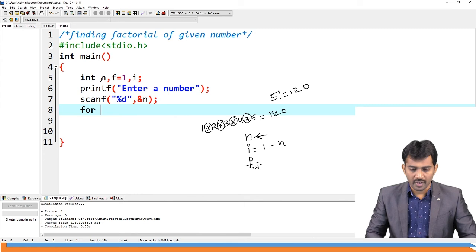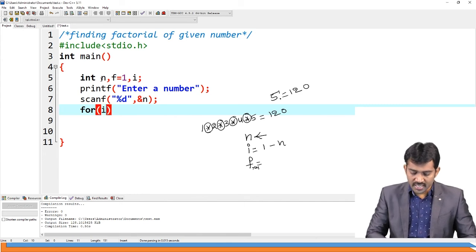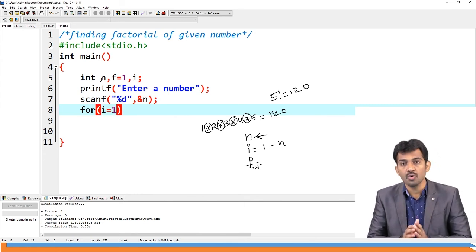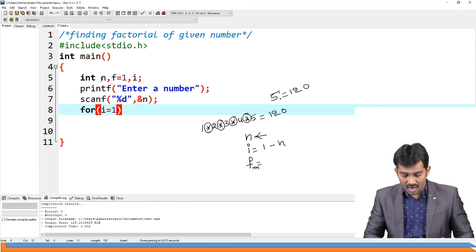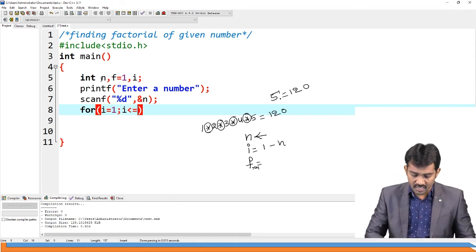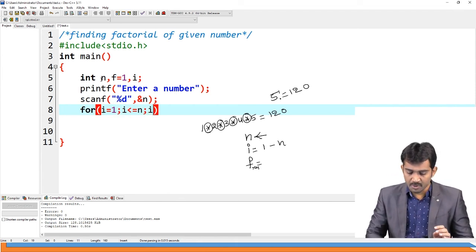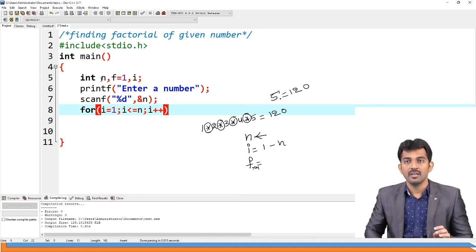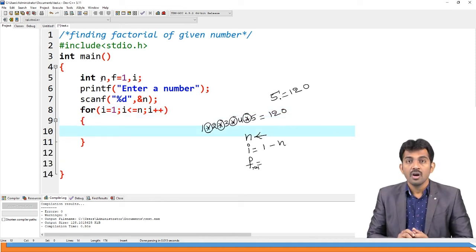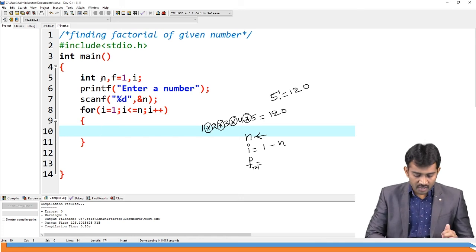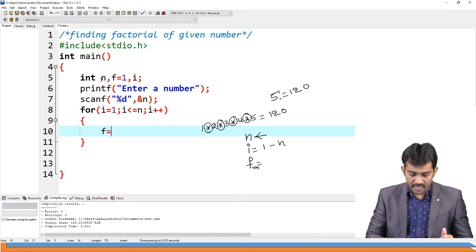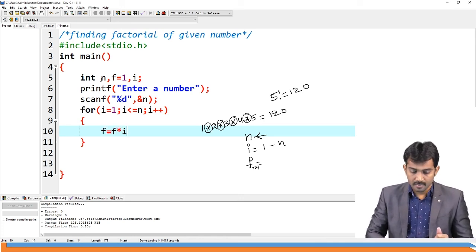So for loop, initialization value is 1, and you need to repeat until that number, so you write n, and each time you increment 1. Inside, f equal to f into i.